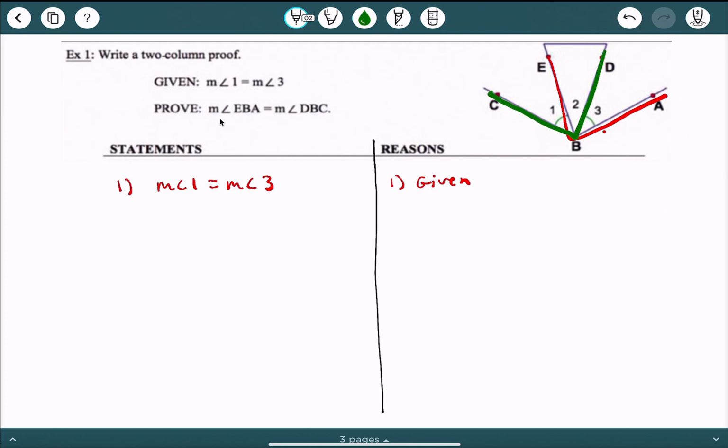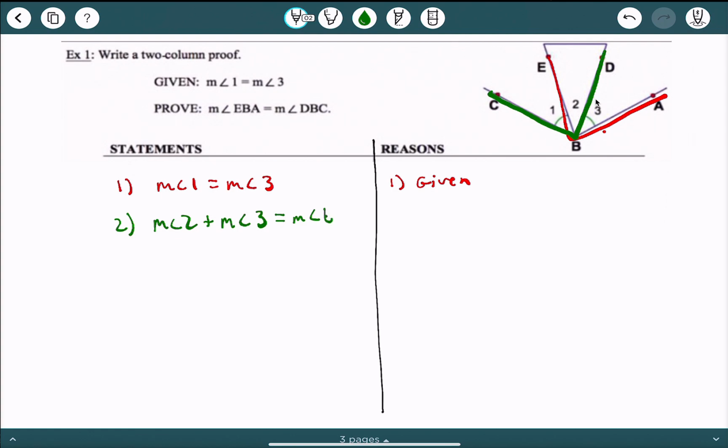Okay, so what I can do is, if I'm ultimately trying to get to this EBA, this red one here, just like with the Uno cards, that's my ultimate angle. I want to include EBA. So if I ask myself, what do I know about EBA? Well, it's made up of angles 2 and 3, right? So if I add 2 and 3 together, let's write that out. So the measure of angle 2 plus the measure of angle 3,